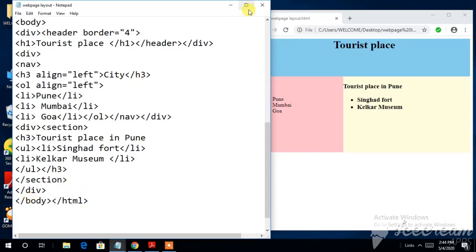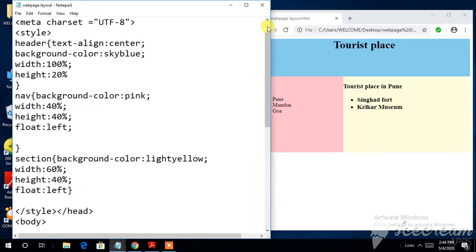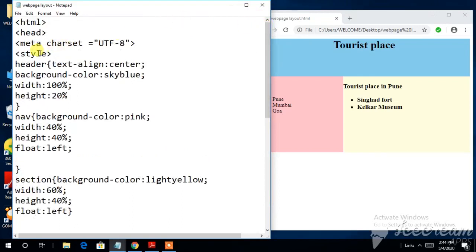Now see here, first of all I want to show you each and everything, again going with some of the important things. Whatever I started with the style, for each and everything I am writing the style. For each and everything I am writing them differently. If I use a class selector, then in the class selector I have to call it here. Instead of that I just wrote it individually. So the style for the header I have given, and you see these braces, why I have made them, so that you can understand how the braces are closed.